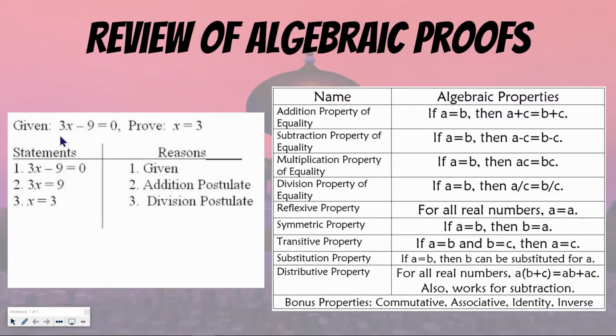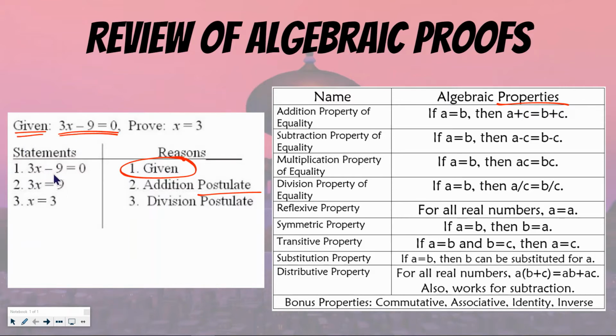So you can see what's happening here in this very simple equation, 3x minus 9 equals 0. We want to prove that x equals 3. So we have the given statement. This is how we are going to start every single proof, starting with whatever is given to us, because that has to be the foundation of our proof. And then from there, using a postulate, property, definition, or theorem to justify whatever we did in the statements on the left side. So we can see going from step 1, which is given to us, to step 2,